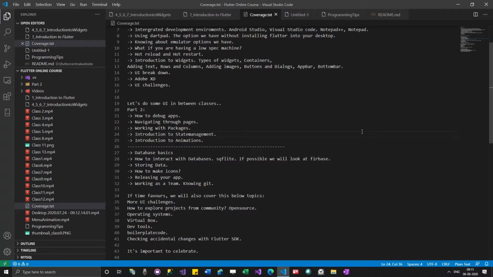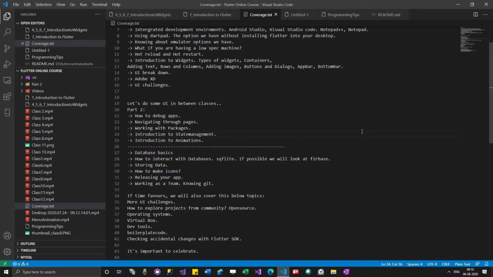So what exactly does state management mean? Adding user interactivity to your apps, like adding items to a cart or performing some calculation. Just imagine you are adding two numbers in your app. You'll add two text fields and call them A and B, for example, and then when a button is clicked, you need to add those numbers and provide the output, right? This kind of mechanism is called state management.